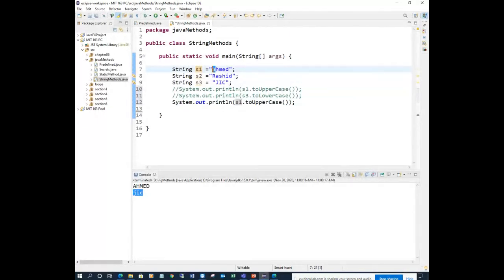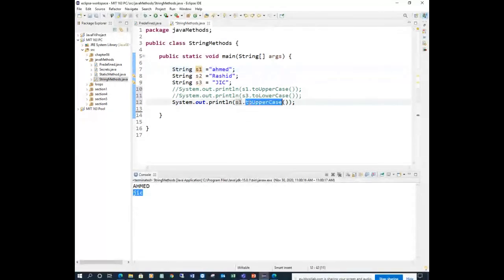So here, 0, 1, 2, 3, 4: 5 characters, and the first character is stored at index 0, right?